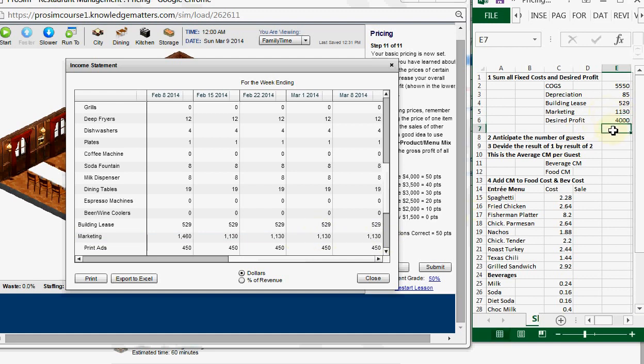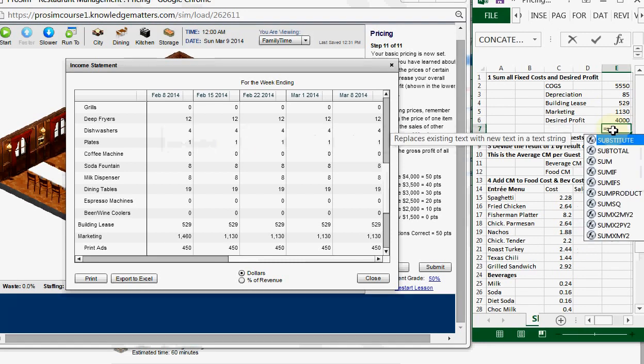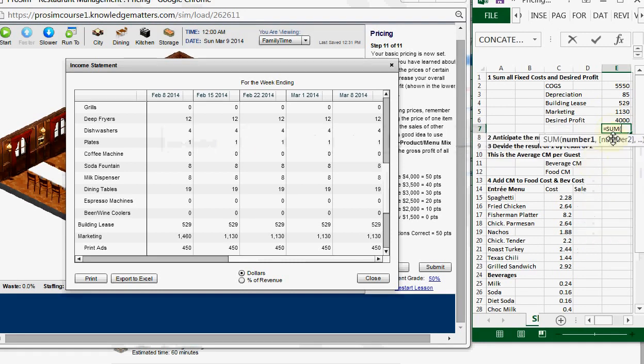So I'm going to sum this, and this is the amount that I found, 11,294. This is basically the amount that needs to be paid or provided by the contribution margin in